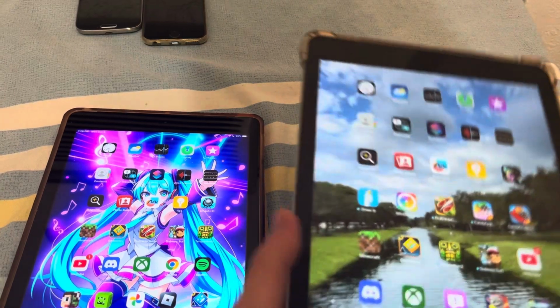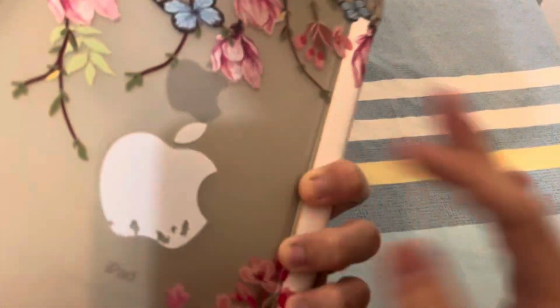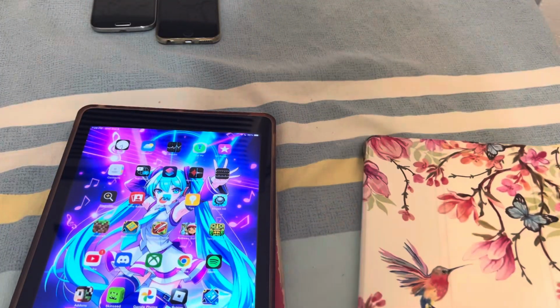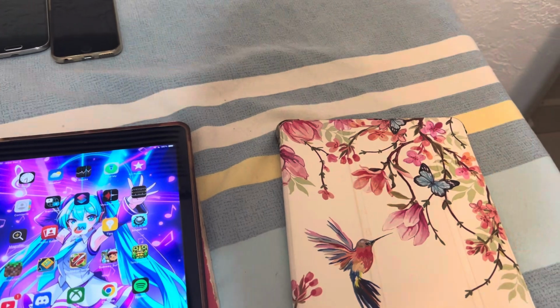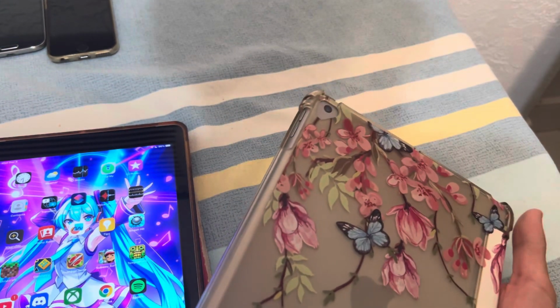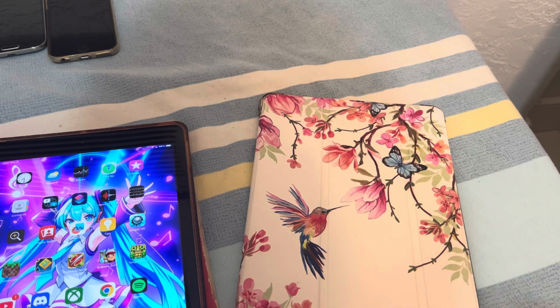Also, another thing is that the case I have on my iPad 6th gen is a flip cover case. Pretty much all my iPads have flip cover cases except for my iPad 10th gen, and yeah, it's also in this nice bird case. Actually, when I first got my iPad 6 in September 2021, I did have